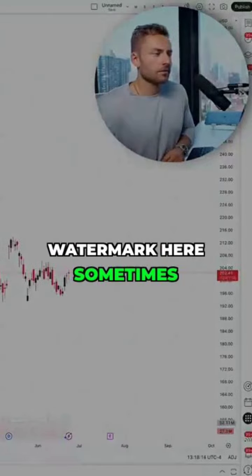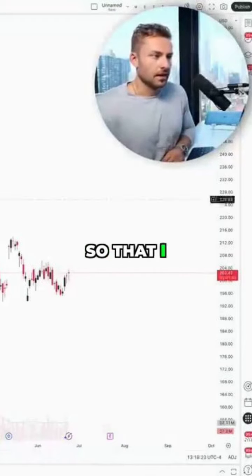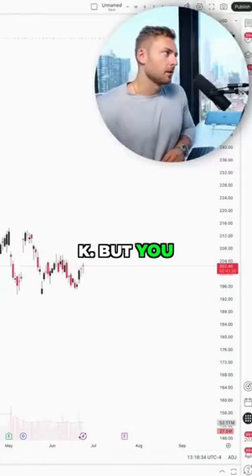This watermark here sometimes will pop up and show you whatever pair you're trading. What I do is just turn this all the way off so that I don't have to see or be distracted with this, or you can just leave this very faintly. But you obviously see the pairs